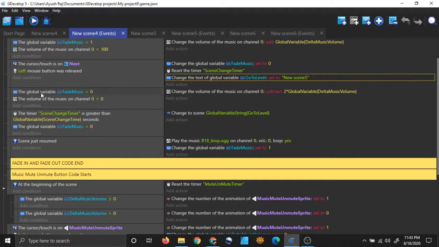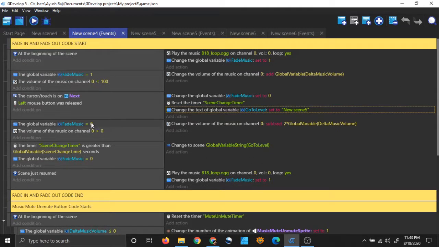And then this code fades the music out. When will the music fade out? It will fade out when you want to change the scene. So when your scene changing condition is true, I have done this. I have set fade music to 0, which by my own convention means that I want to fade the music out.